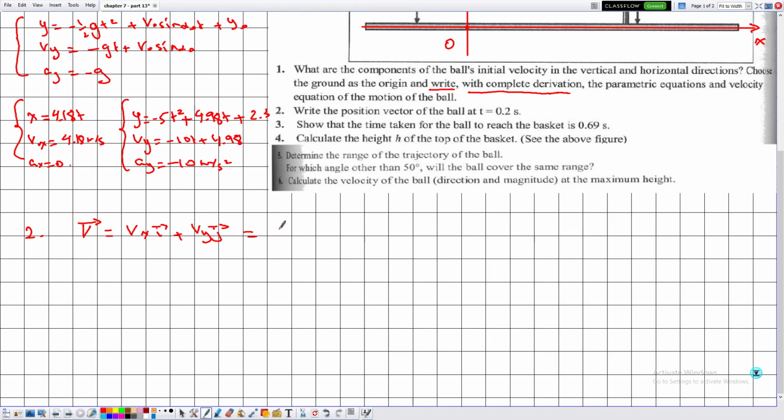Now Vx is given by 4.18 multiplied by i, independent of time, because the type of motion along the x-axis is uniform. As for the y component, it is given by minus 10t plus 4.98 the unit vector j. So this is the instantaneous velocity, which explicitly depends on time, and this is given by 4.18 i plus minus 10t plus 4.98